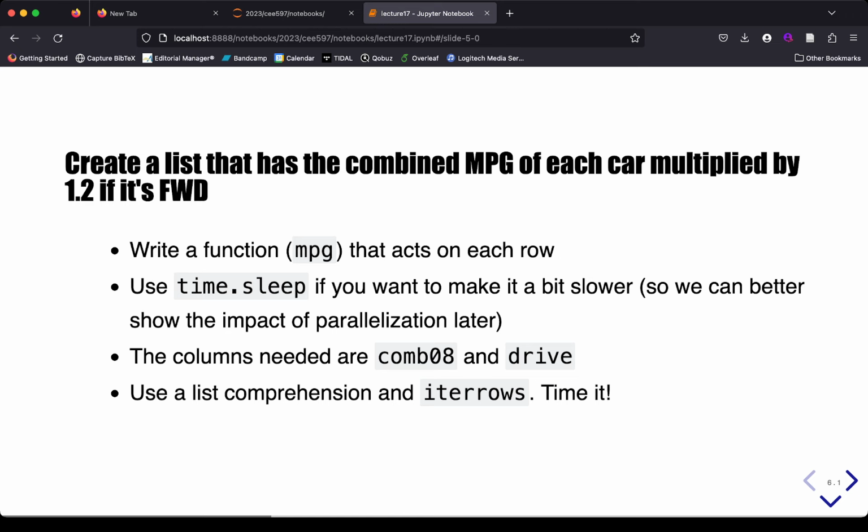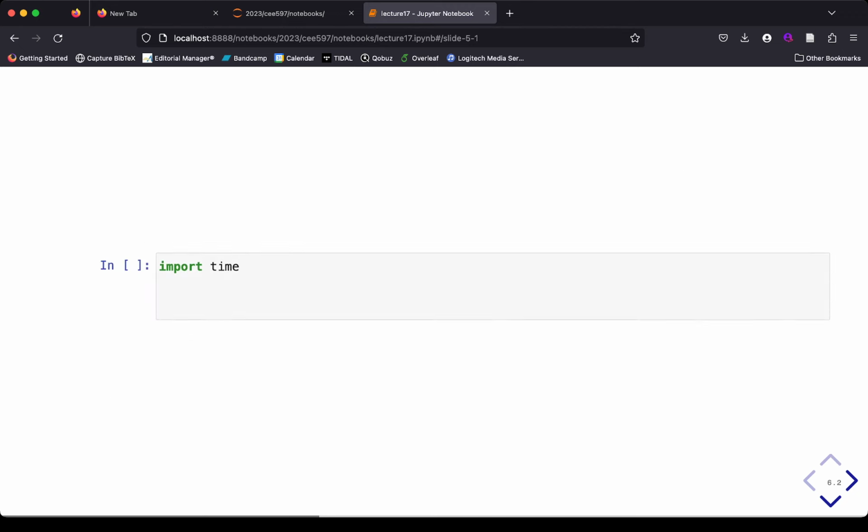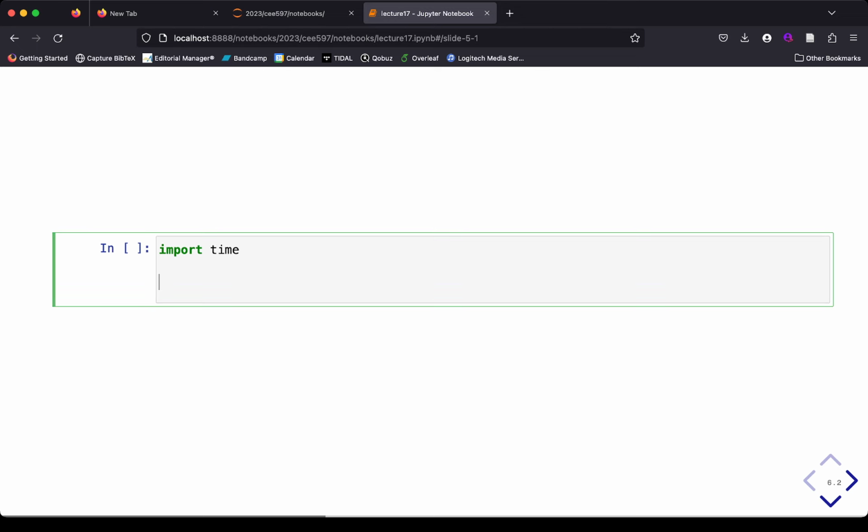The columns that we're going to need are comp08 and drive. Drive tells us if it's a front-wheel drive or not. Comp08 gives us the combined MPG. And we're going to use a list comprehension and the data frame iter rows, which iterates over the rows, to actually apply this function. So first thing we're going to do is import time. And then we are going to write a function